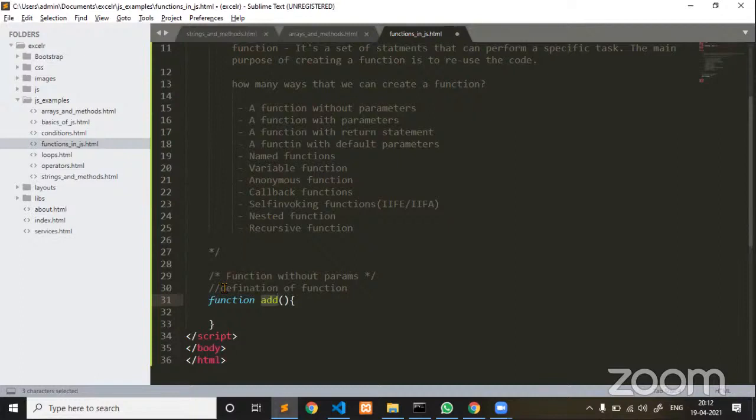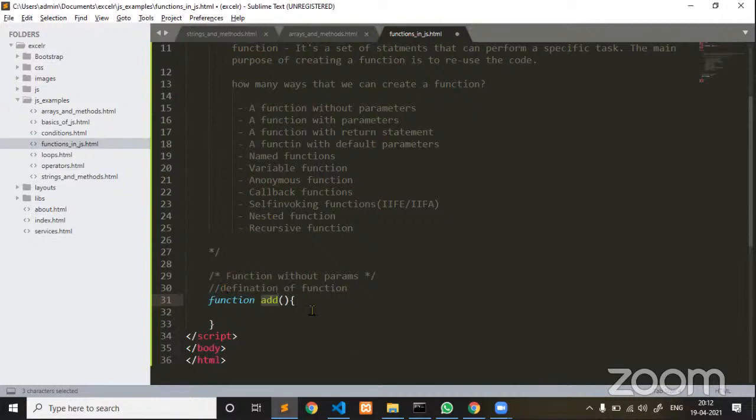The same applies to function names. Even a function name is also an identifier.